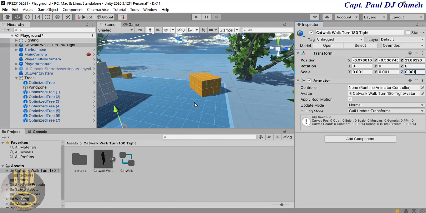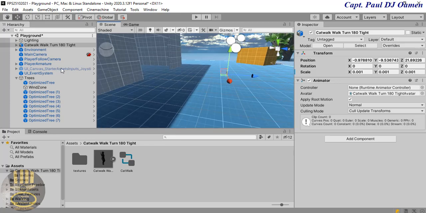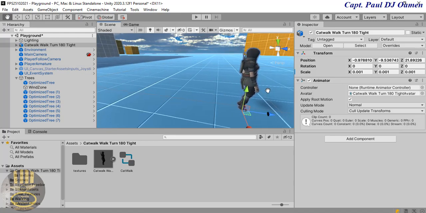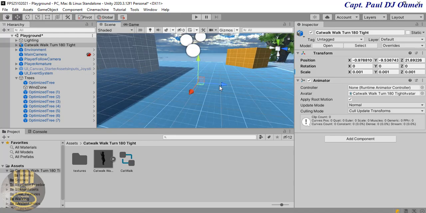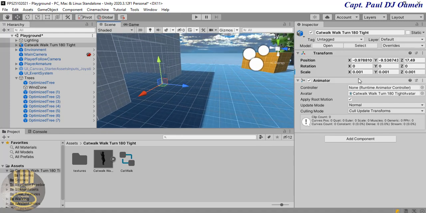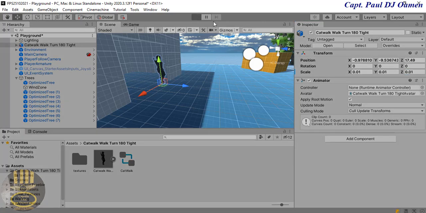So the lady is somewhere here. Let's click on the catwalk. There we go, that's the catwalk lady. Okay, so I want to move her straight in here. She looks a bit too small, so let's make it 0.01. Yeah, that's fine. It's looking more like it. So let's run it and see how she's